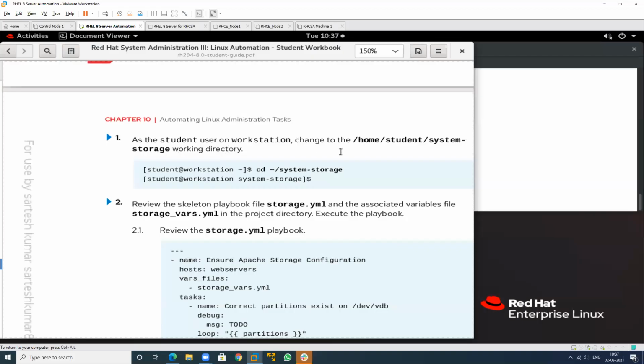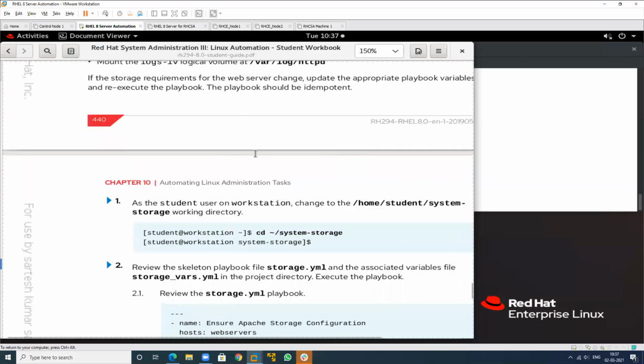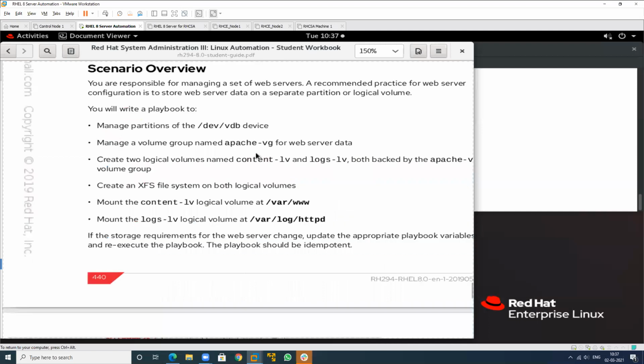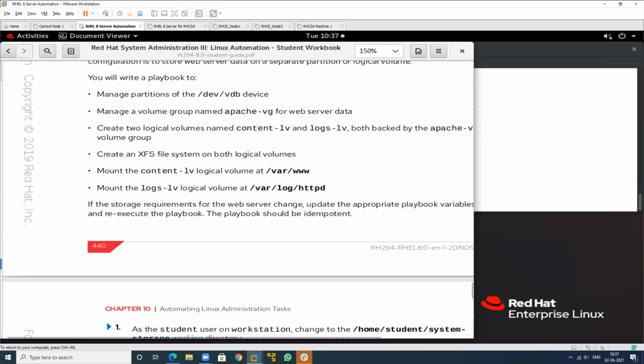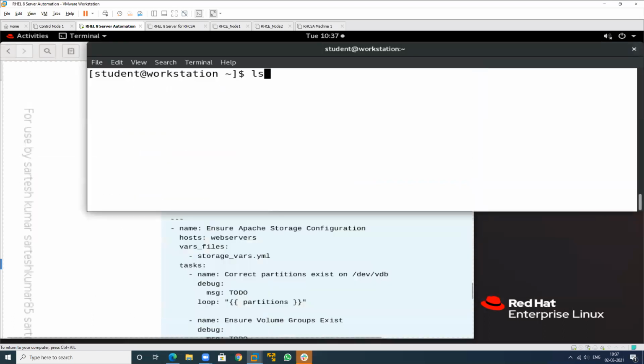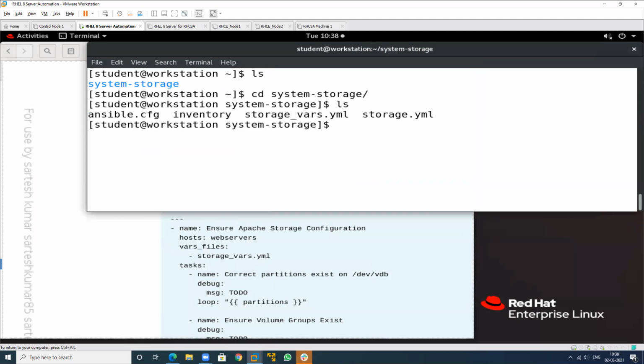So I will start recording. First run this particular lab for this particular exercise. After this, go to this particular location. So go to this location, that is system storage, and check.